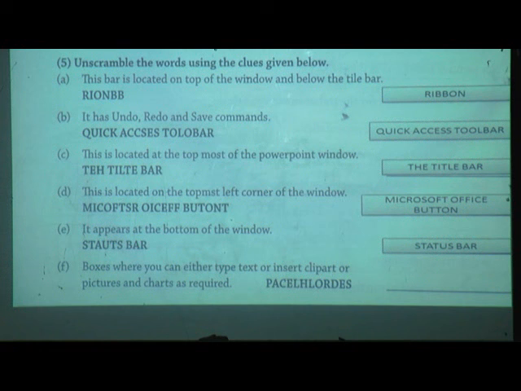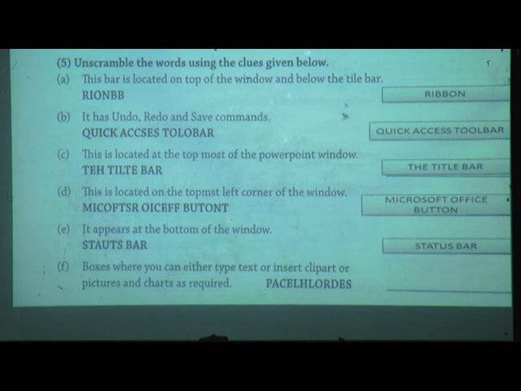Now last one, boxes where you can either type text or insert clip art or pictures and charts as required.